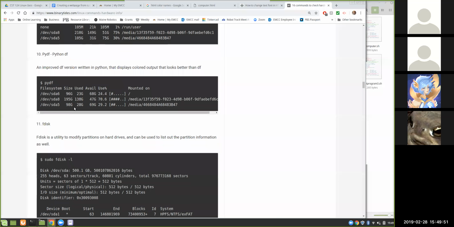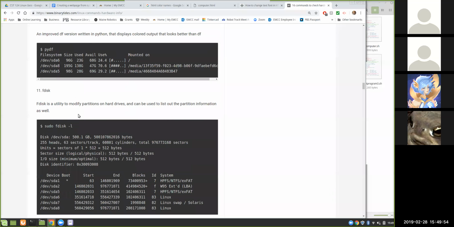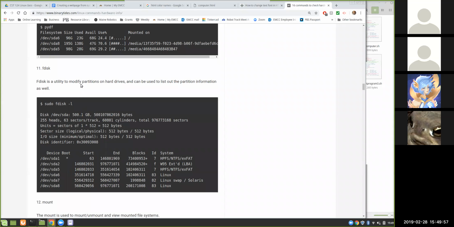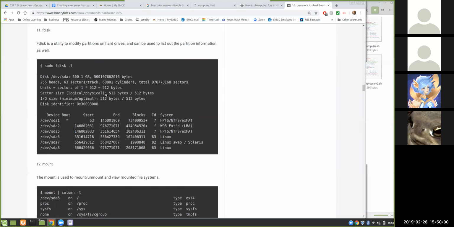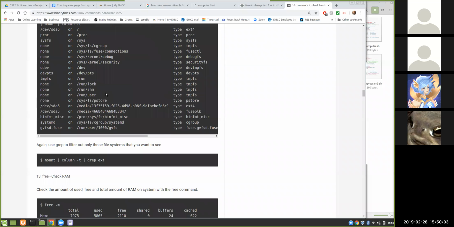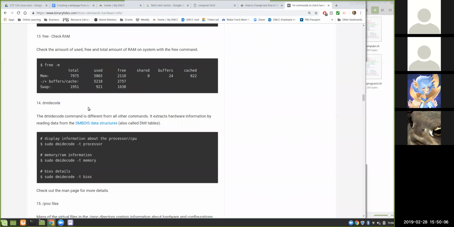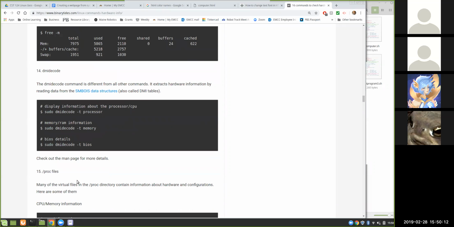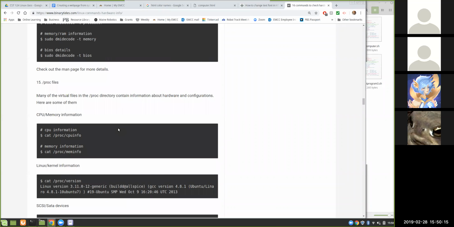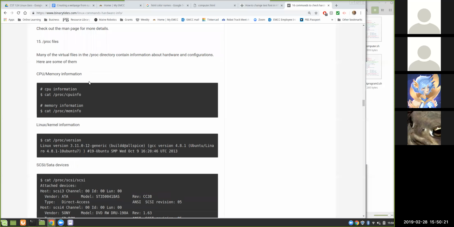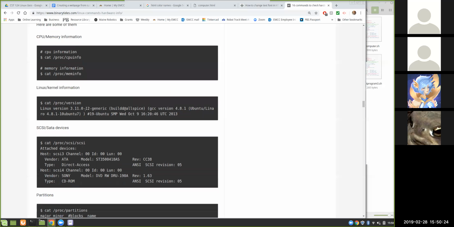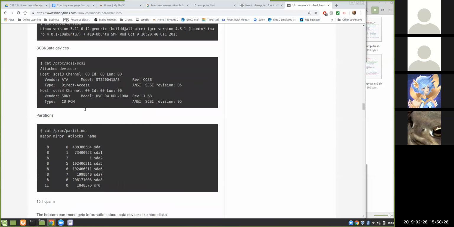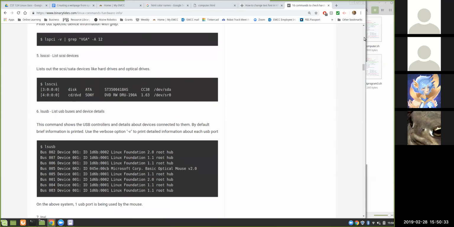Python information, fdisk. That's not something you're going to output, that's to change it. Mounting information, check RAM. So some of these are not ones you would use for output. Information about the processor, virtual files in a particular directory, CPU and memory information. So there's a lot of different applications. And all I had to do to find those was type in a search for